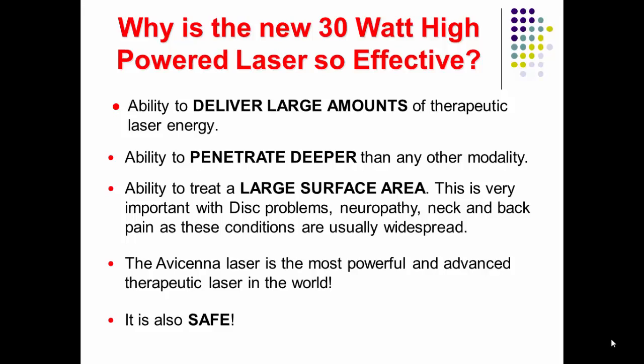The ability to treat large surface areas. This is very important with disc problems, neuropathy, back and neck pain, because these conditions are usually widespread areas that need to be penetrated and or the surface areas that need to be covered. Lastly, the AVI SL30 is the most powerful laser and with the most advanced therapeutic laser in the world, and